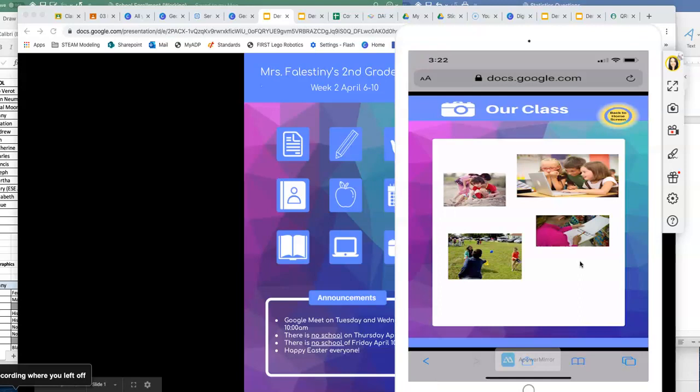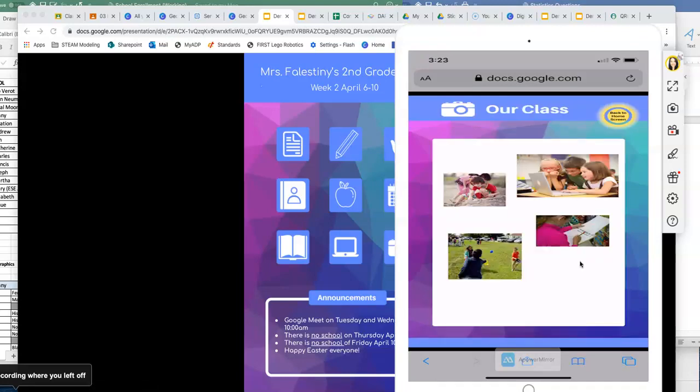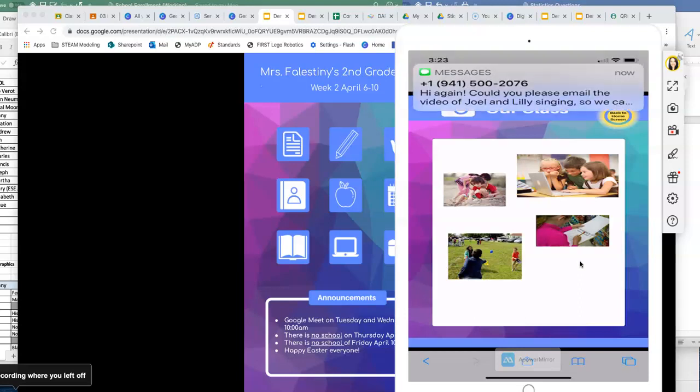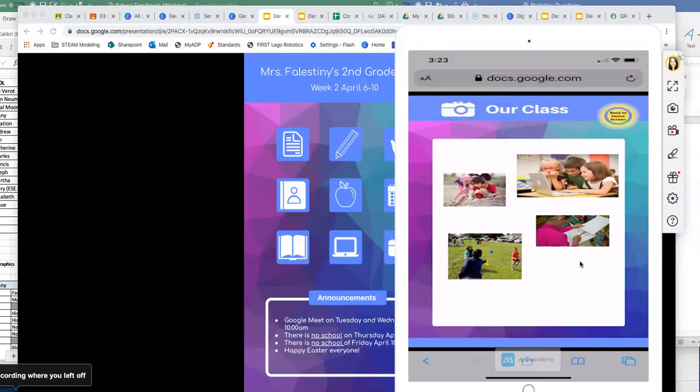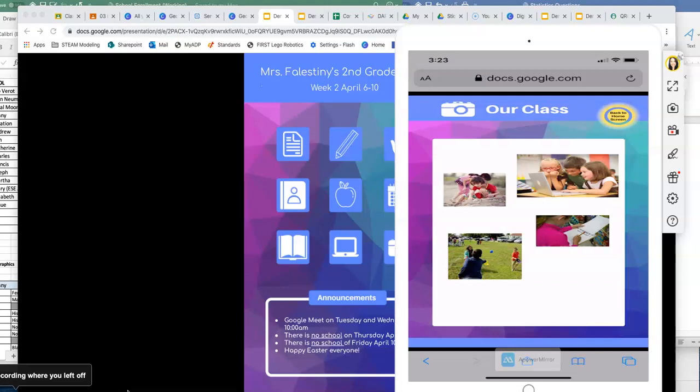And the last one is the camera, and it says "our class." This is where you can upload photos of your class throughout the week, or every week or every day, however you want to do that. Now, what I want to make very clear is that when we do this, you're